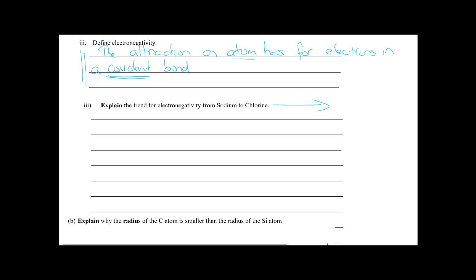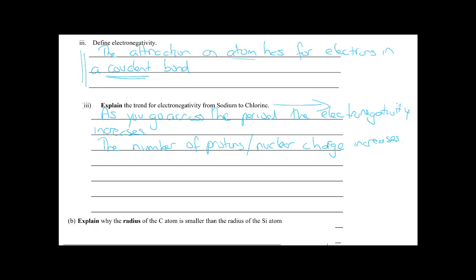So you can state what the trend is, which is, as you go across the period, the electronegativity increases. Now, it does this because as you go across, you must make some statements. For instance, the number of protons increases, and you can put in there that's the same as nuclear charge. It's not a bad idea. It's supposed to be charge increases, and also that they are in the same energy level,